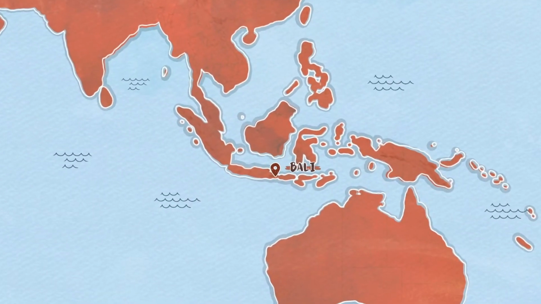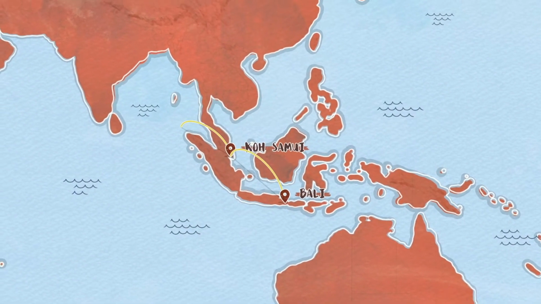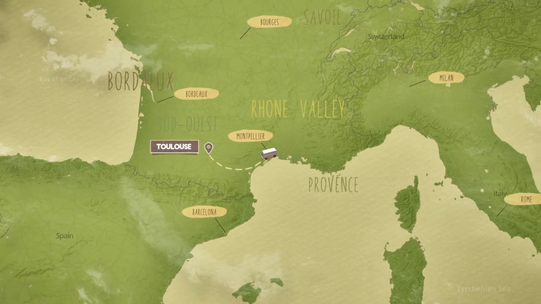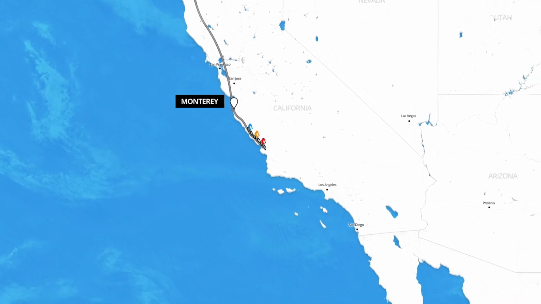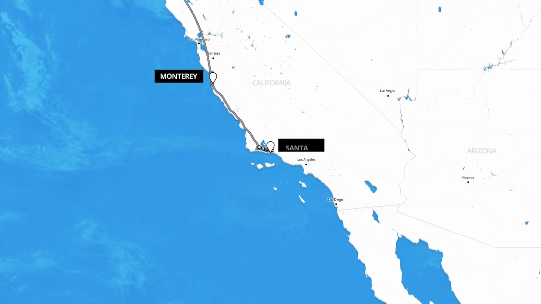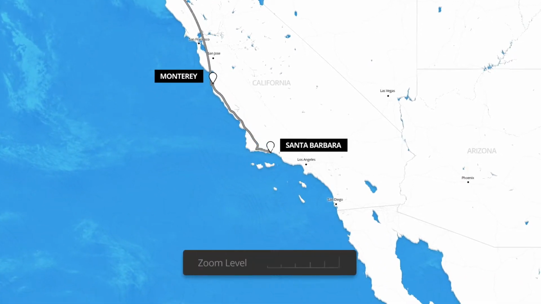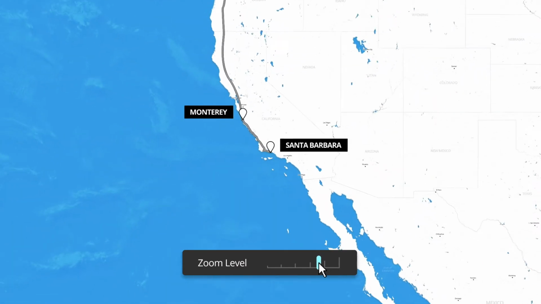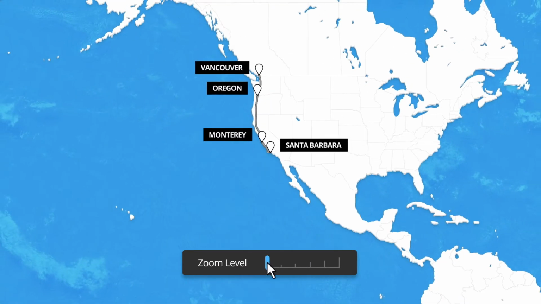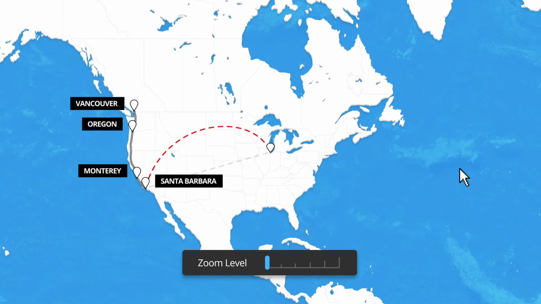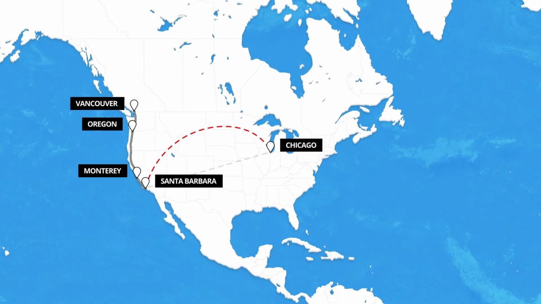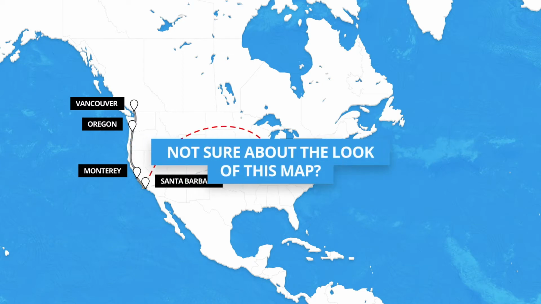So whether it's island hopping across Southeast Asia, hitchhiking through towns and villages in the south of France, or cycling with your team down the Pacific coast of the US, there are high-res maps for any location. Then you can zoom out a little, or a lot, using a simple slider to give a full picture of your trip. Set another destination point on the map, and watch the camera automatically move to it without having to add a single keyframe.